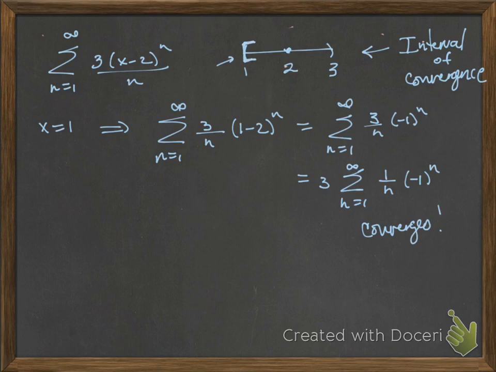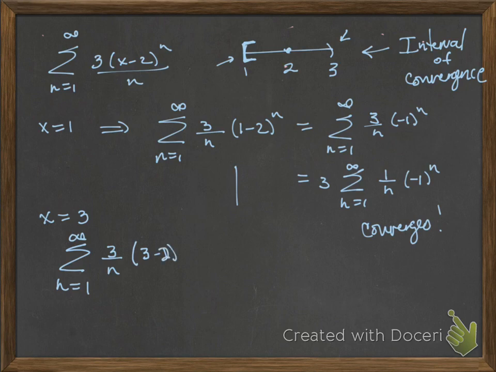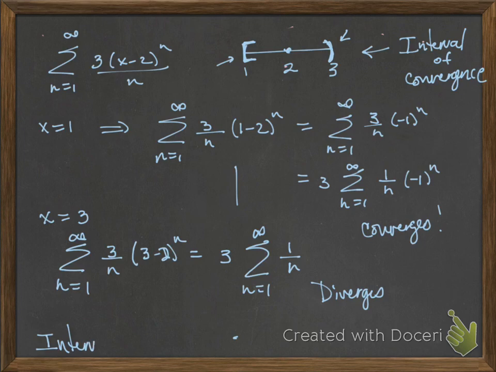Now we need to check the right endpoint. When x is equal to 3, we plug that in, and we get the summation from n equals 1 to infinity of 3 over n, this time times (3 minus 2) to the n. Again, I can pull out that 3, and now I'm left with really just 1 to the n over n, or 1 over n. This is the harmonic series, which we know diverges. So it doesn't converge at 3. So our final interval of convergence